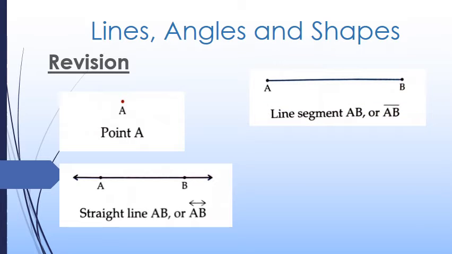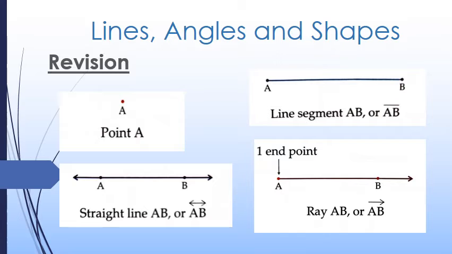So now next is line segment. So what is a line segment? Well, a line segment starts and ends at fixed endpoints, right? As you can see in the picture, the line segment starts at point A and ends at point B. So this is a line segment, and the line segment has a fixed length, right? Two fixed endpoints, and it is shown by the symbol shown in the picture.